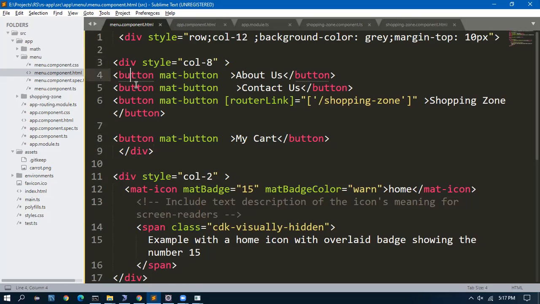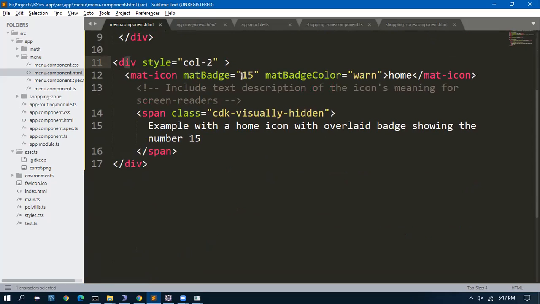Col 8 is this, and then 2 is this. Okay, so what is wrong? Span class example with a home icon.